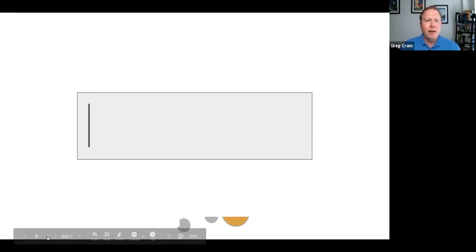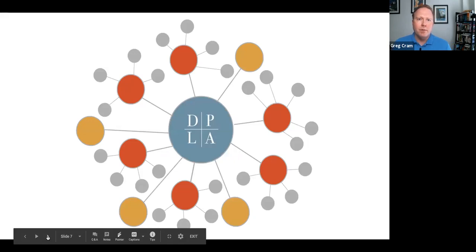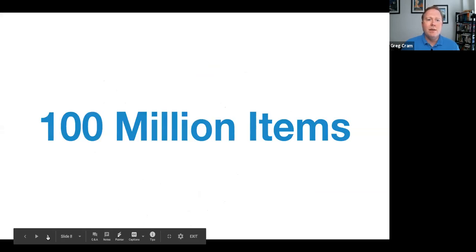Next slide, please. Although this was a problem spread across cultural heritage institutions, it remained mostly a local problem. But it became a significant problem when collections started to be aggregated together in collections like DPLA. And it's not just US aggregators, but aggregators like Europeana in Europe and Trove in Australia. They were all aggregating this content, and they were bringing together metadata about our collections. Next slide, please. Between DPLA, Europeana, and Trove, the three main aggregators, we have data on over 100 million items.